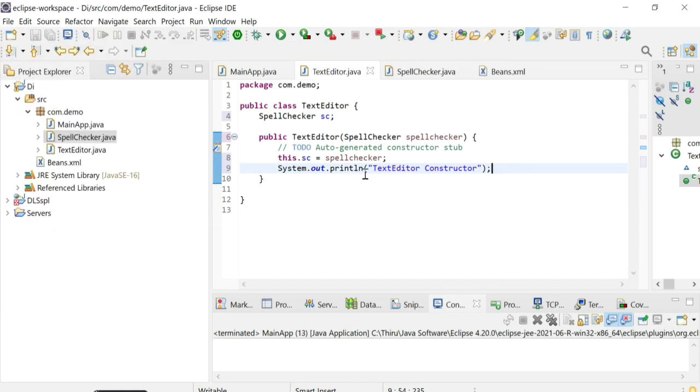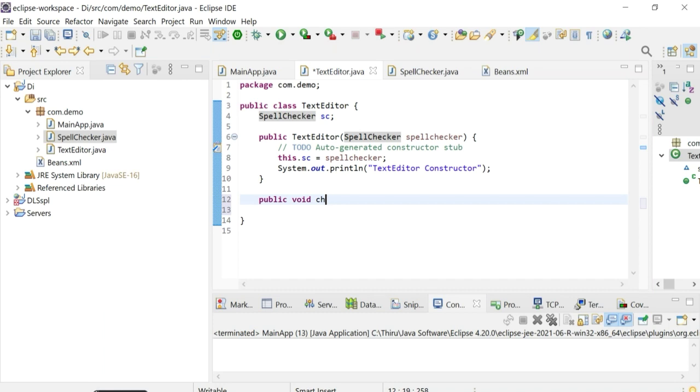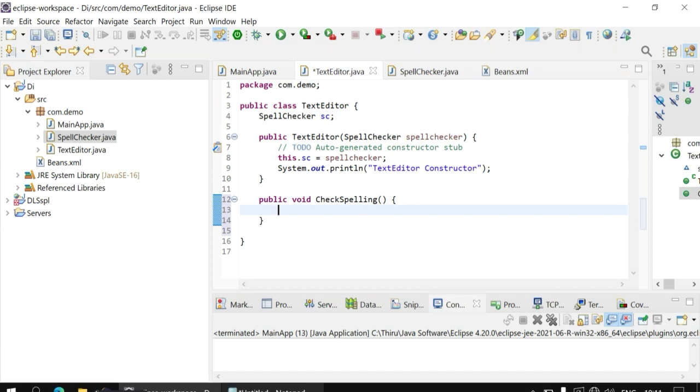Alright, and then this text editor does have one more method, public void check spelling, right? Within this, I just print a text.